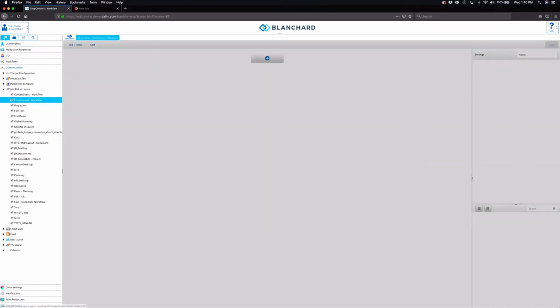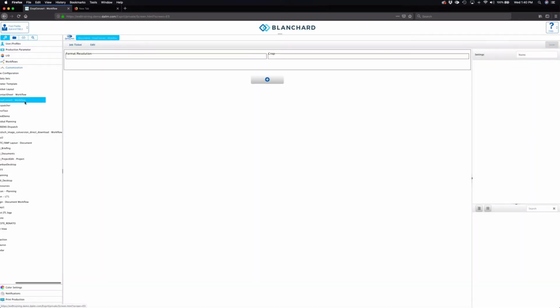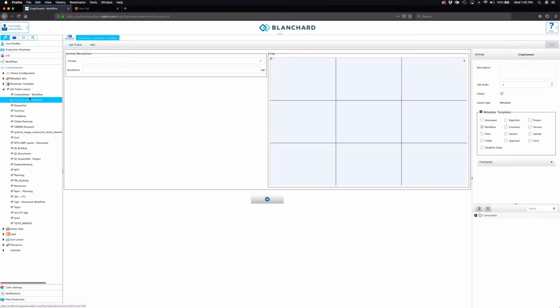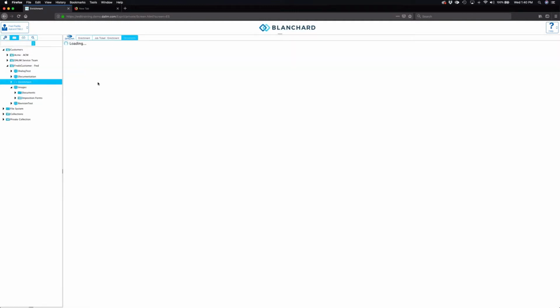Oh, actually, I'll do the crop. I wish the contact sheet one was working, but it's completely blank, and I'm not sure why. But you see, basically, what you see is what you get. So as you're building it and you're adding this crop function in here, and here's your two metadata pieces, you can see that